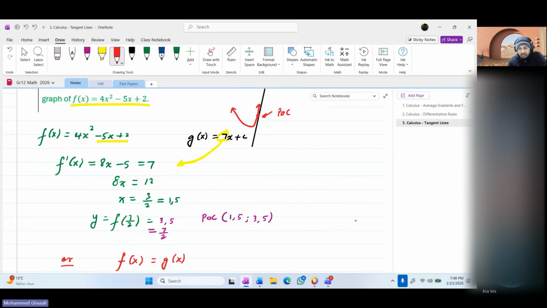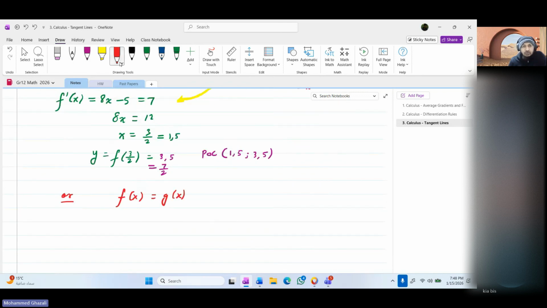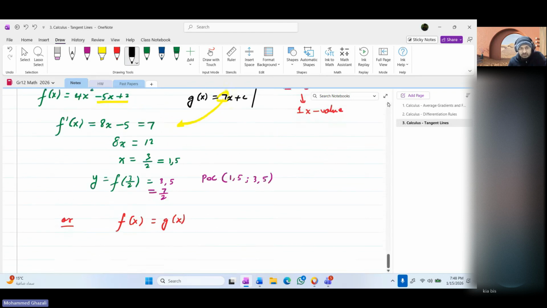At the point of contact, both the equations are the same, and at the point of contact, delta is equal to 0. Delta equals 0 means one x value, right? That's what it means. It means equal roots, one x value. So now, without using derivatives,